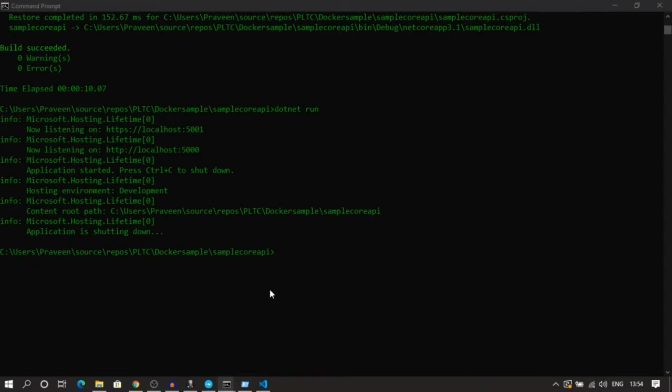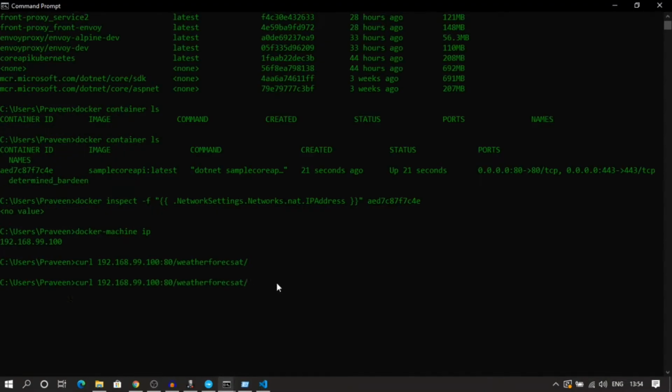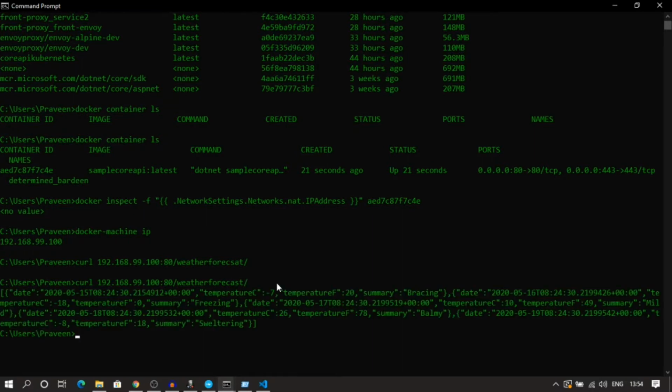Okay, so now I'll do this. As you can see now, this is my virtual box. My Docker is running and I'm running a container with this port, and this is my web API running.